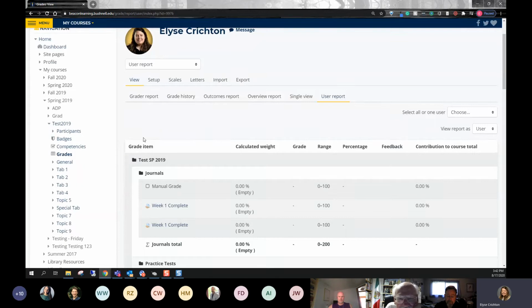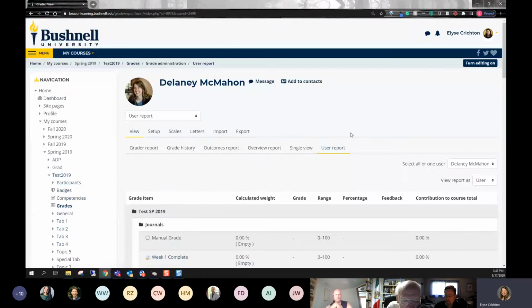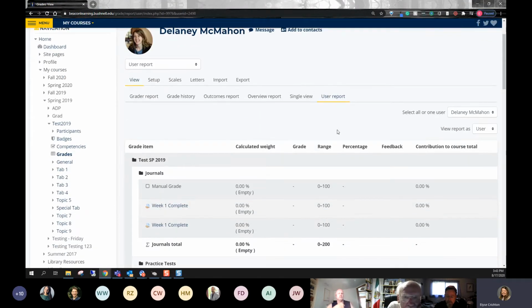But if you want to make sure you're seeing the same thing as them, the same score, the fact that there is a score, I would recommend going, again, we're still in this grades window. The first tab is view, and the last tab on the second row is user report. You're viewing the report as the user, so as the student, in other words, and you can select from your list of students here which one you want to view it as. This is a test course, so I'm not revealing anything FERPA protected, just so everyone knows.